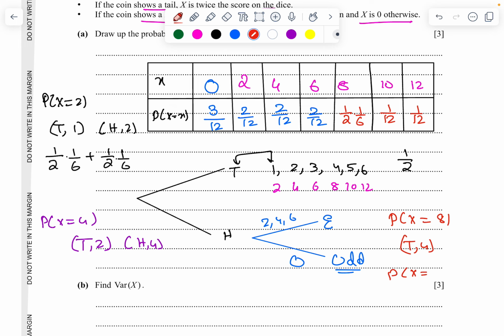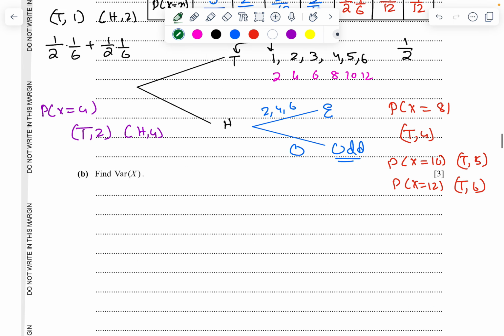For 10 also it's going to be tail and 5, and for 12 also it's going to be tail and 6. So 1 upon 12, 1 upon 12. Find the variance of x. So variance of x is going to be 0 square times 3 upon 12 plus 2 square times 2 upon 12 plus 4 square times 2 upon 12 plus 6 square times 2 upon 12 plus 8 square times 1 upon 12 plus 10 square times 1 upon 12 plus 12 square times 1 upon 12